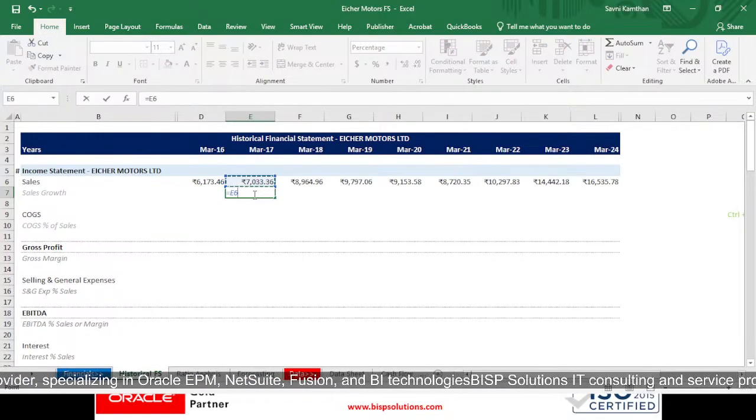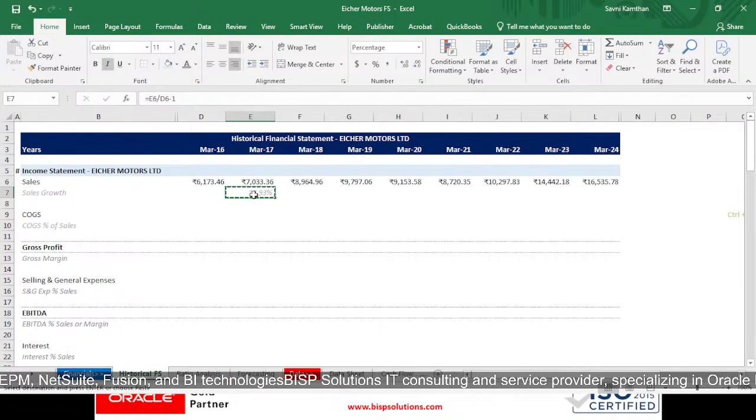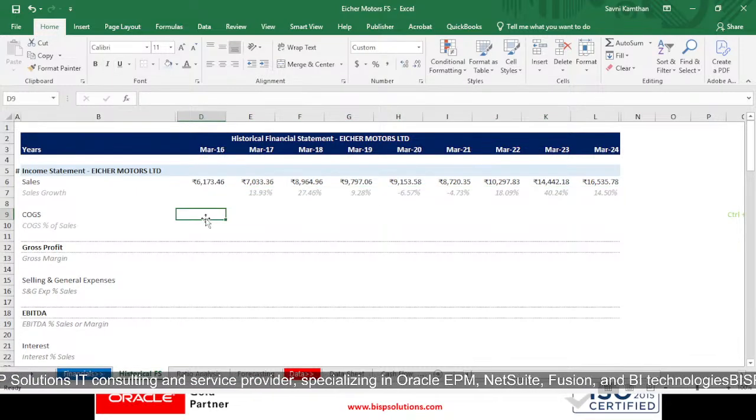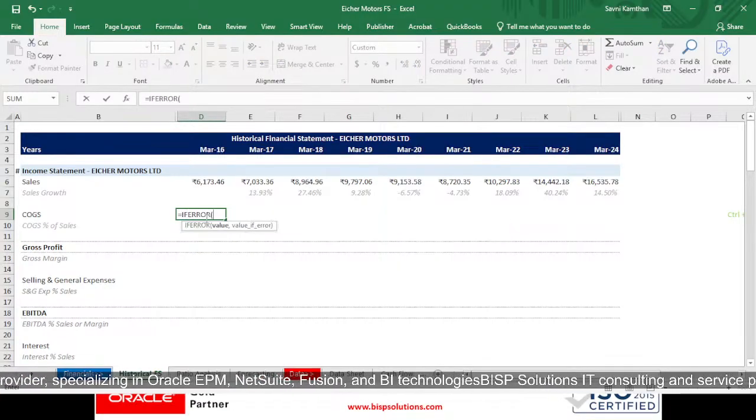From March 17, 7033 will be divided by March 16 minus 1, so it is giving me the percentage. So why I'm doing sales growth and COGS percentage of sales, because I will be requiring it in my ratio analysis, right? So now for calculating COGS, which is cost of goods sold, I will again use the IF error function, then the sum function, because I have to add many